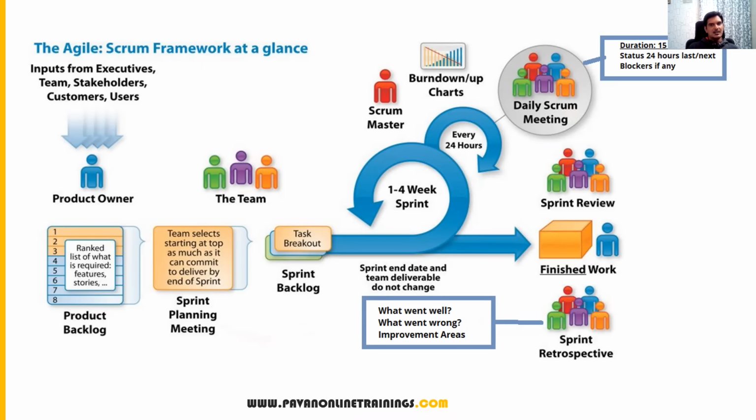Jira is an example. Jira is a tool in which we can define the product backlog, write all the stories, plan the sprint, decide the stories for the sprint backlog, create a sprint, and track the time and effort.